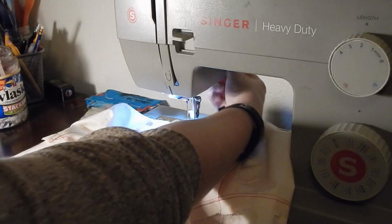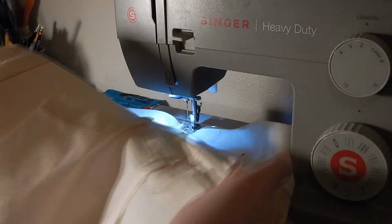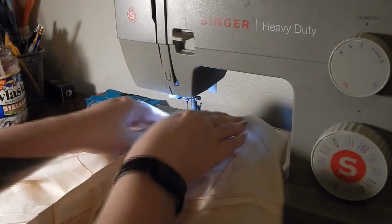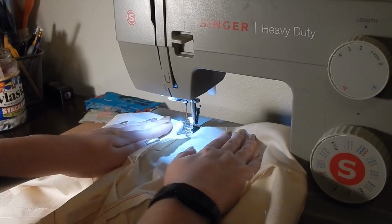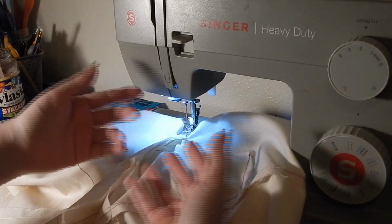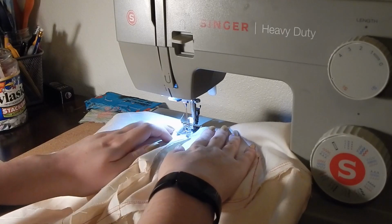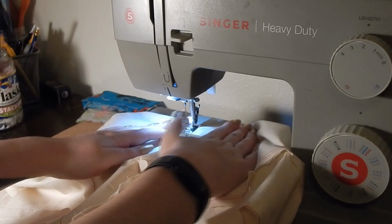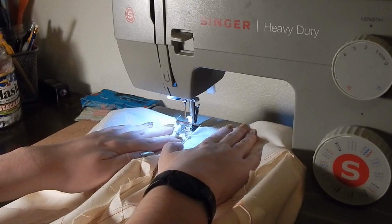Get this under my needle, lower my presser foot, and now I'm going to spread this out a little bit as I work with it. The important thing here is you want to keep your tension, and this is what's going to stop a piece of fabric from sliding underneath and getting caught, and you have to redo it all. So keep a little tension pulling outward, and then I like to go slowly and use my index finger, or my thumb, to keep the seam allowance down where it's supposed to be. So I'm going to do a couple of stitches,